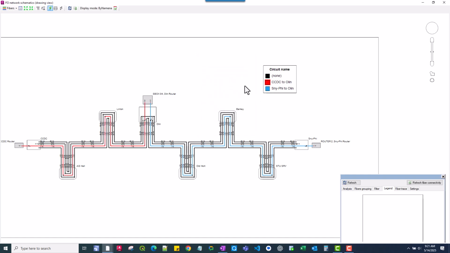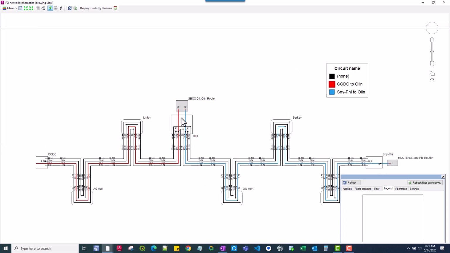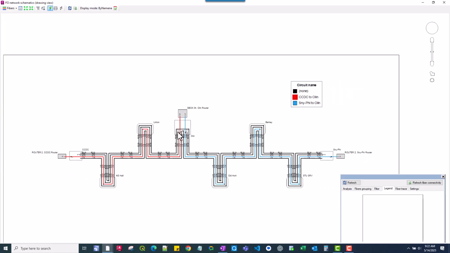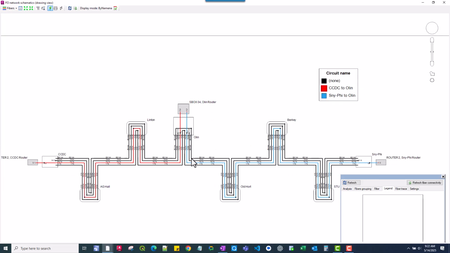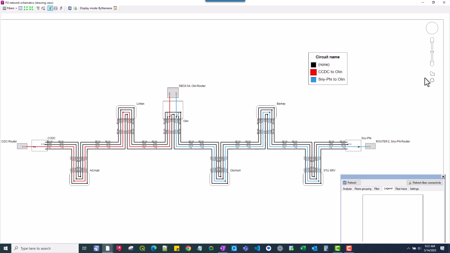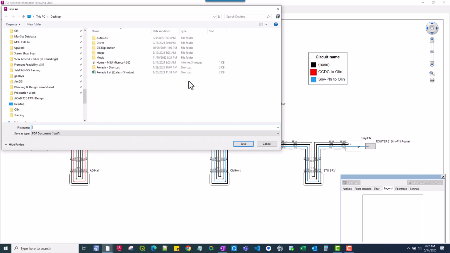So you can say change it to red, and it changes it to red, so you can really see the contrast between the two circuits. I don't really worry about it too much because I usually end up editing a little bit of this in AutoCAD once I'm done. But just to let you know, another thing you can do is come right over here and do a simple print,